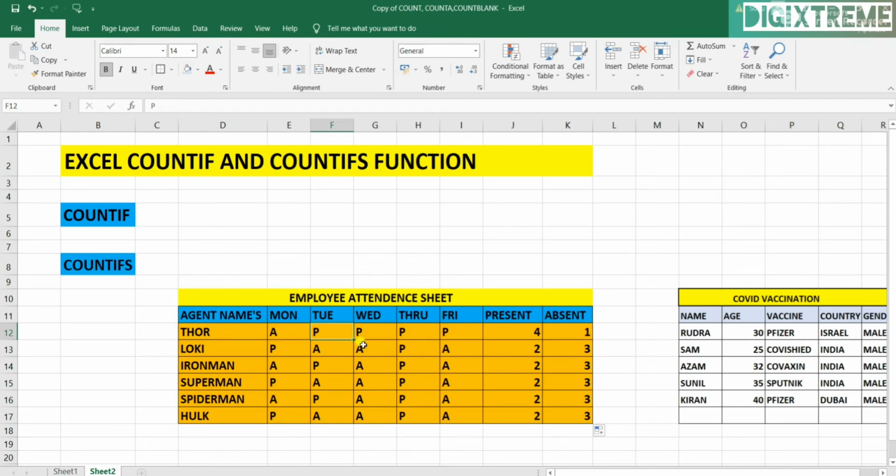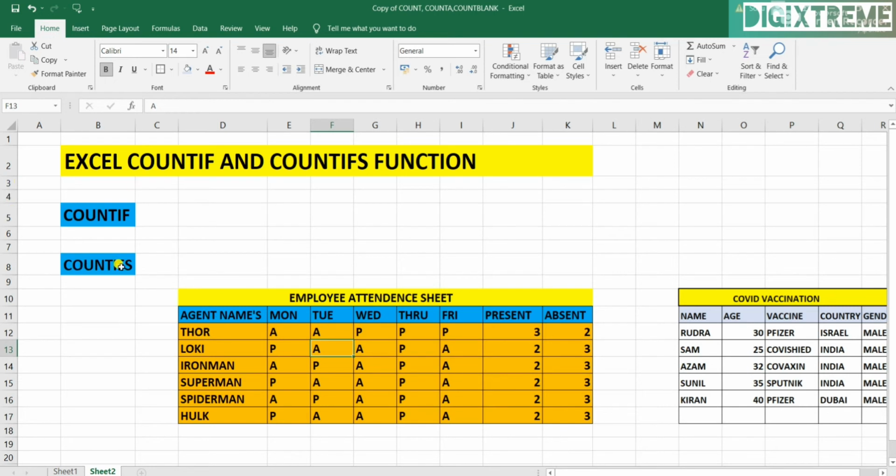Like this is present, let me change to absent. Now it is showing present 3 days and absent 2 days. So this is the use of COUNTIF. If you are looking for any particular criteria, then we'll be using COUNTIF function. I hope I'm able to make you understand this COUNTIF.